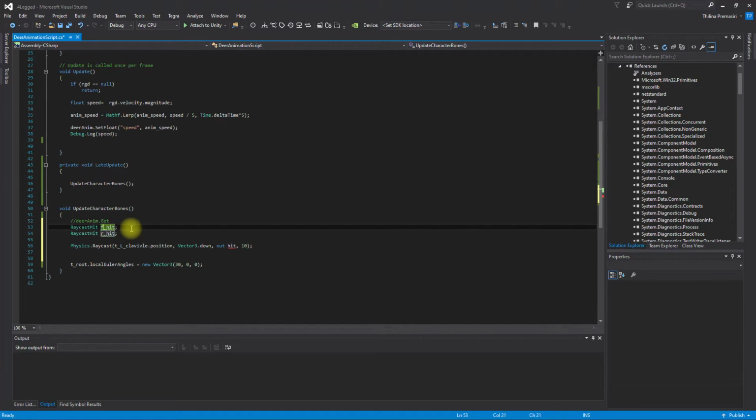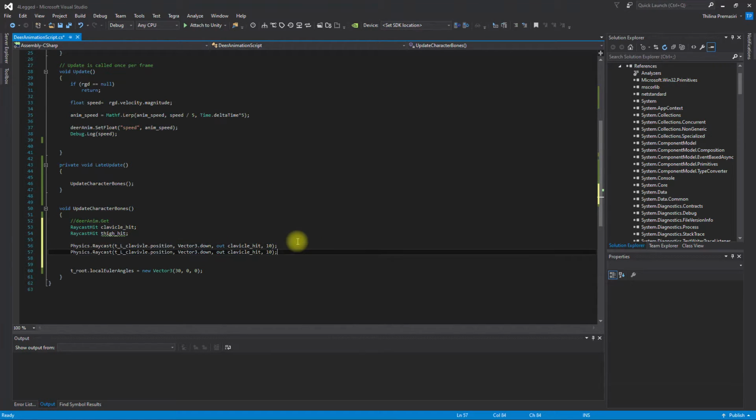Oh no, yeah, let's call this C hit, or clavicle hit, and thigh hit. Okay,